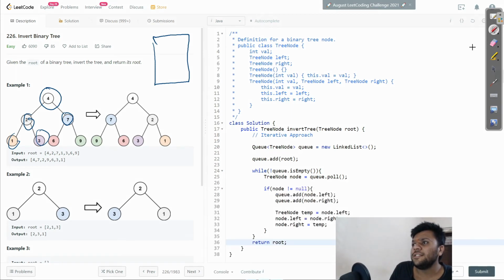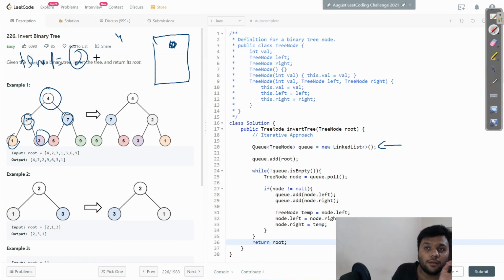Okay, so let me tell you every line of code. What I did, I just created my queue over here, then I add my root, then I run my loop only till my queue becomes empty. Once it becomes empty, it means we have inverted the whole tree, just return it. Now I have to pull the values as well, because I have to pull the address. My root will be pulled out, and its address is 2. So my temp address is 2. What will happen, this is my left value, so it will become my right value, and the right value 7 becomes my left value. That's what I'm doing.